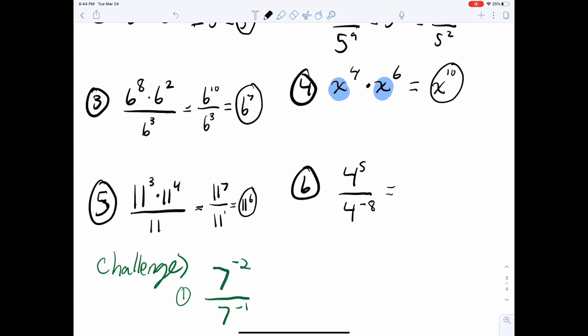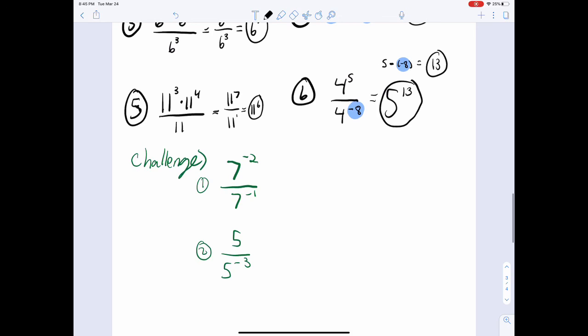Number 6 is a little tricky here. You're going to subtract 5 minus 8. When I get negatives, I almost like to do that on a separate sheet of paper to see what I get. So it's 5 minus this part. You still have to have 5 minus. There's a double negative. You're subtracting the exponent. You're subtracting away negative 8. So that's going to give you 13. So you'll get 5 to the 13th as your final answer,